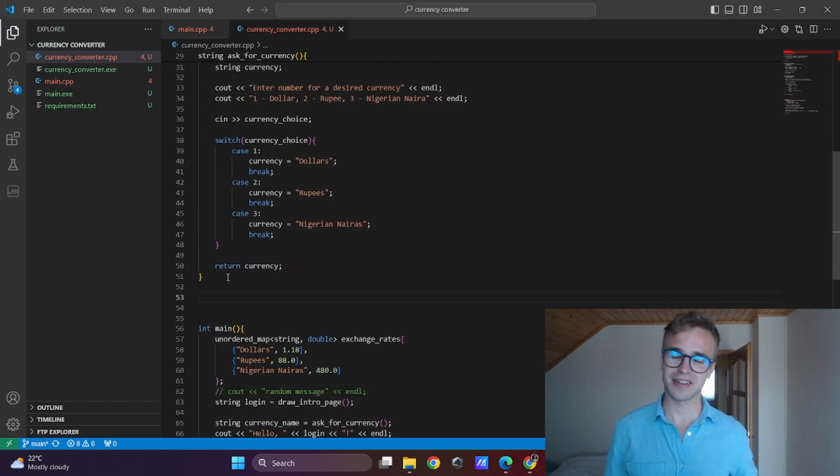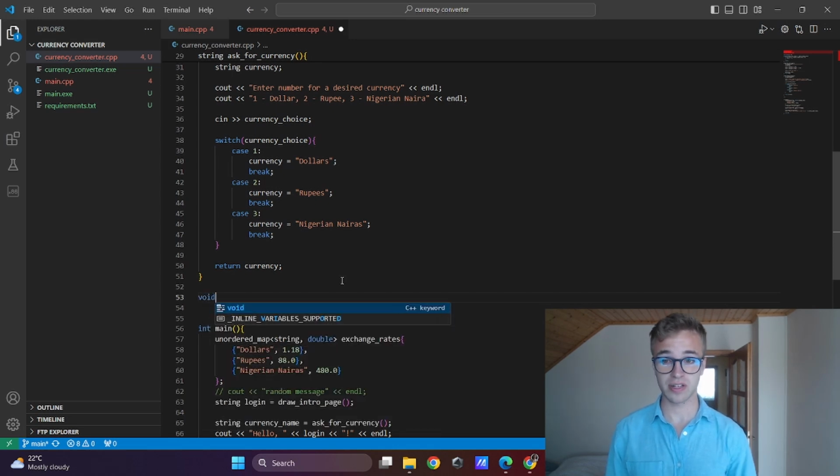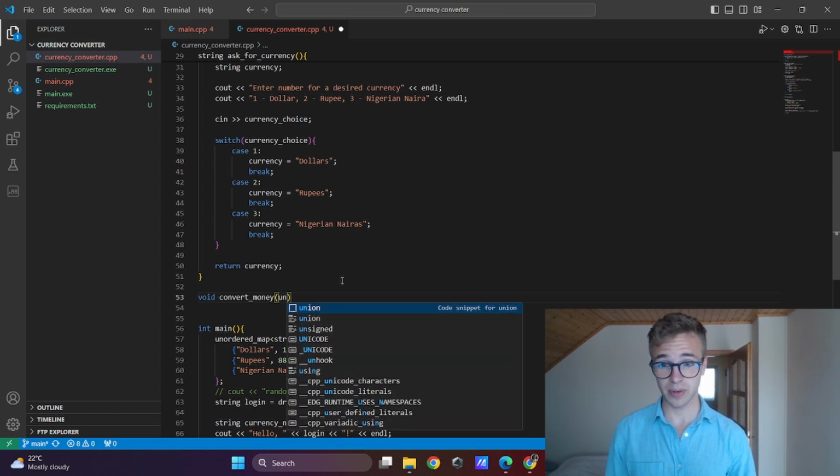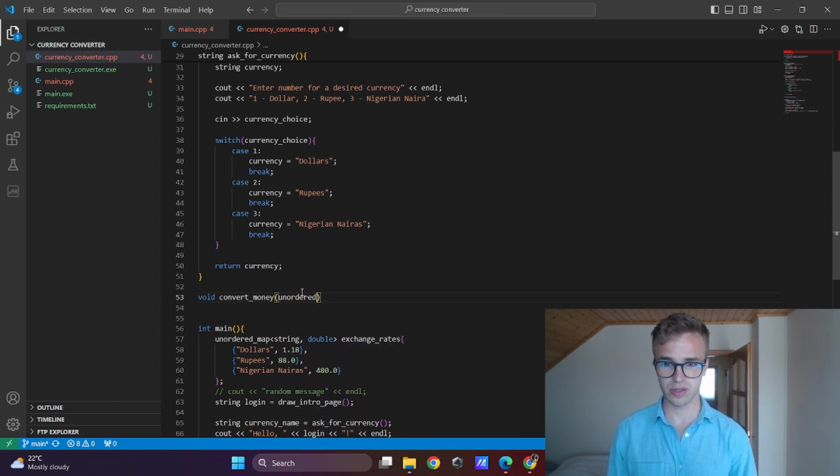Let me create the last and the most important function of our code. It will return void. It will convert money. Here it will take one parameter, which will be the unordered map string double, and I won't create a new instance of this unordered map and copy the original to the new one, but I will pass a reference.